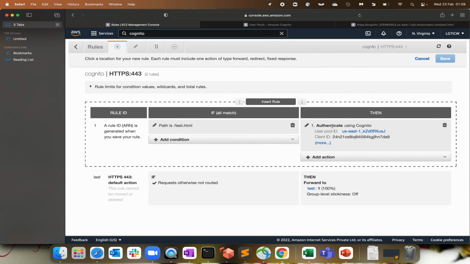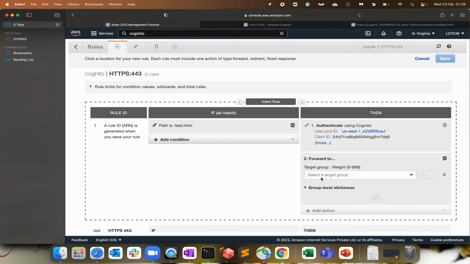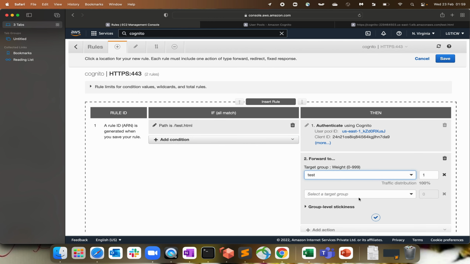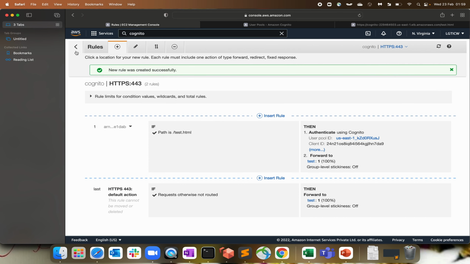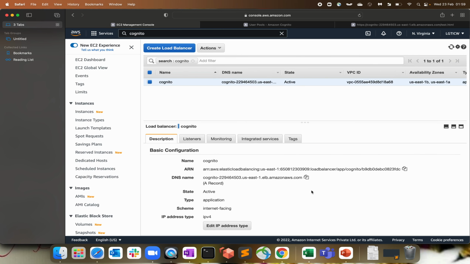Okay, so that's for the authentication purpose. Where that has to route, it has to go to my test target group that consists of my application. Okay, click save. Perfect. So the integration configuration is done as well. Let's take our